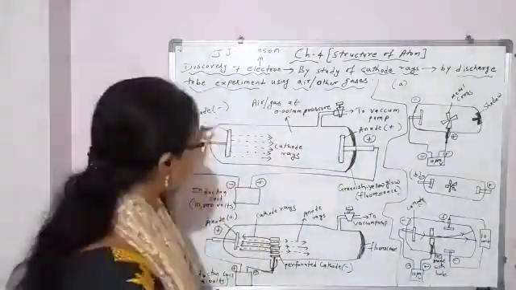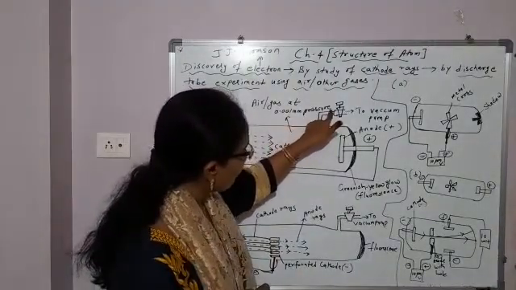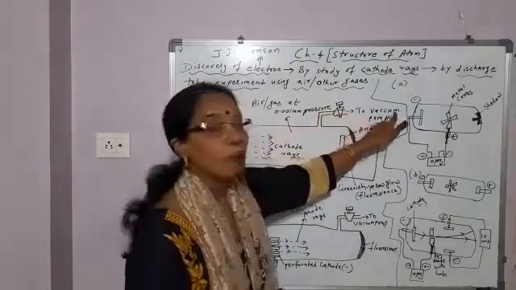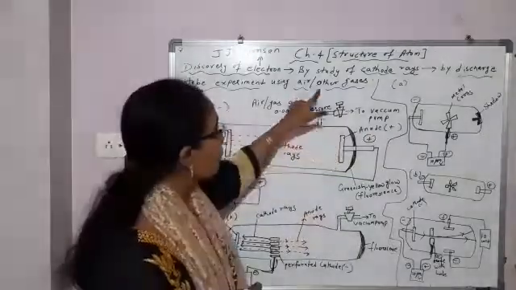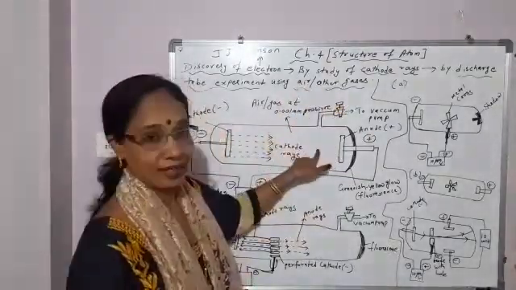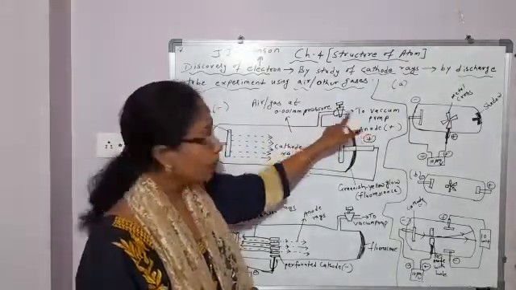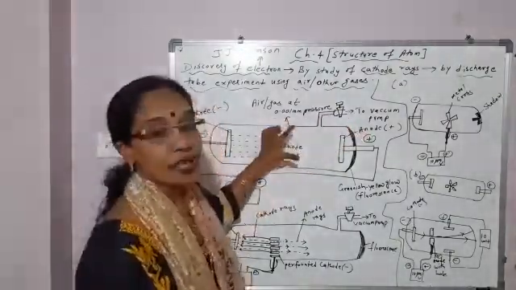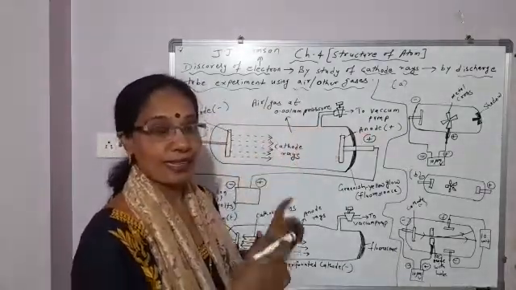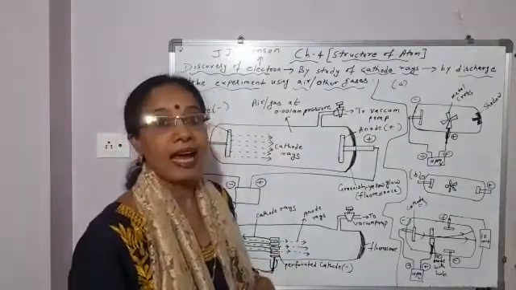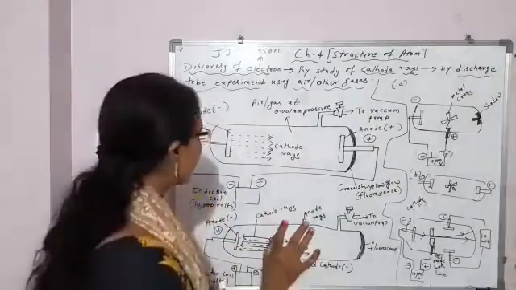Next, this discharge tube also has a side tube. You can see here, and this is connected to a vacuum pump. What is taken in this discharge tube? Air or some other gas. And why is this side tube connected to a vacuum pump? To reduce the pressure of the air or other gases present here, and to study the conduction of electricity at different pressures of air.